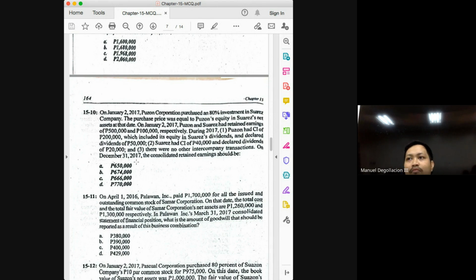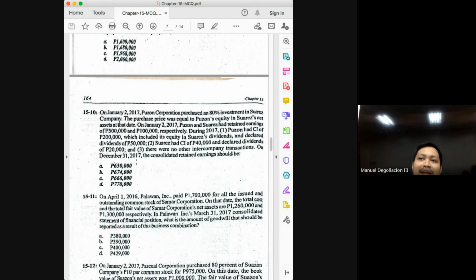But moving forward, the income of the parent is not just the income of the consolidated entity. Okay, so when we're talking about subsequent balance, class, do not be stubborn in insisting that your consolidated retained earnings will simply be the retained earnings of the parent. Remember, when you look at the balances reported by the parent, it only takes into account its own transactions. But whose transactions would be considered if we are preparing the FS of the consolidated entity? It would be all the transactions of the consolidated entity. And what are these transactions? The transactions of the parent, who represents the controlling interest, and the transactions of the subsidiary.